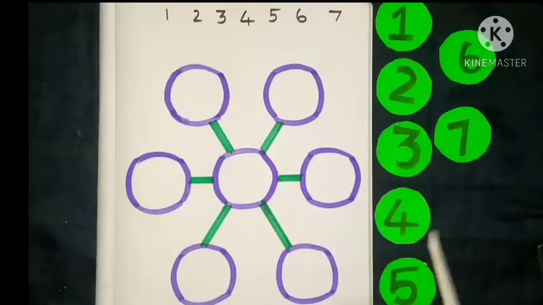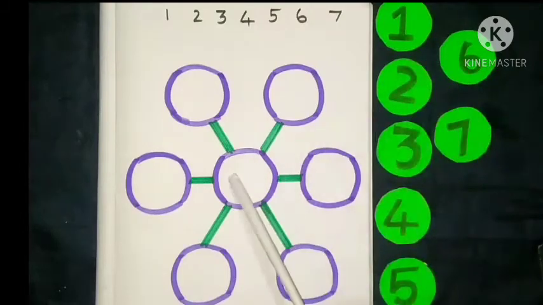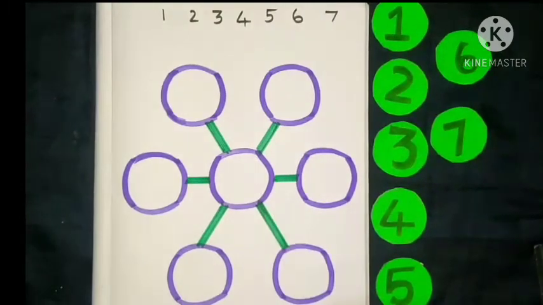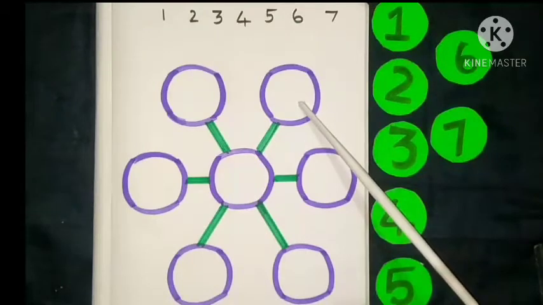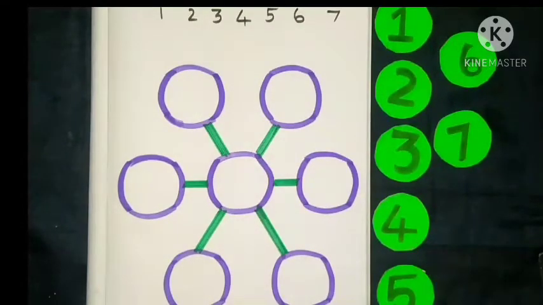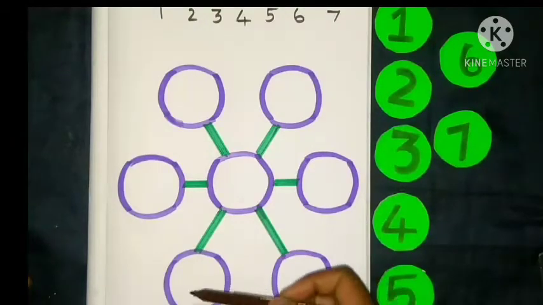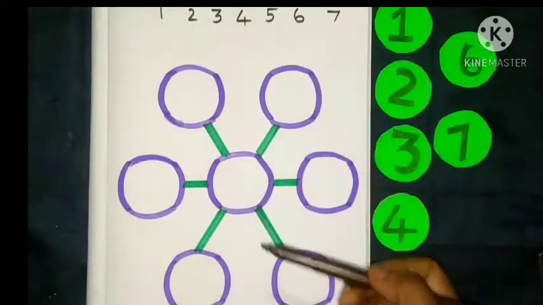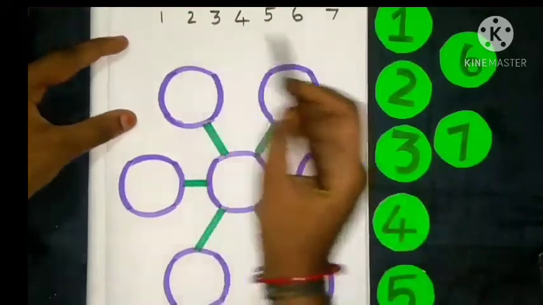Seventh sum. Put the numbers 1, 2, 3, 4, 5, 6 and 7 in the circles so that each straight line of 3 numbers adds up to the same total. Students, similarly you have to place the numbers here in the circles so that 3 numbers add up to the same total. Students, here we have 7 numbers. I will explain easily how to find each straight line of 3 numbers adding up to the same total.